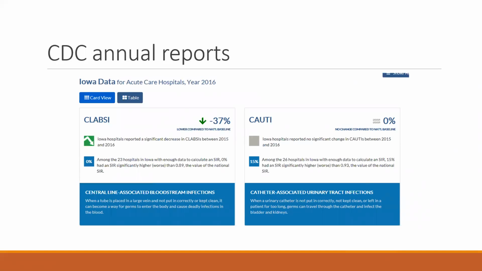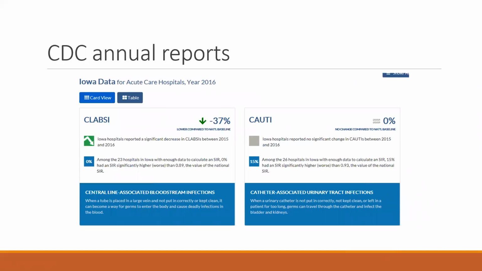We did have, it also says here that the Iowa hospitals, when you look at this, had a significant decrease in the CLABSI rate between 2015 and 2016. And if you remember back to 2015, for those of you who are doing this, they did the rebaseline. So we knew that those numbers were going to go up, so that the annual SIR was up a little bit. But this shows that we're continuing to make progress on our CLABSI, because this is using the 2015